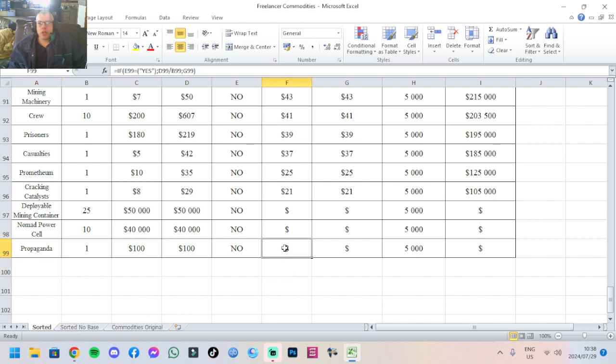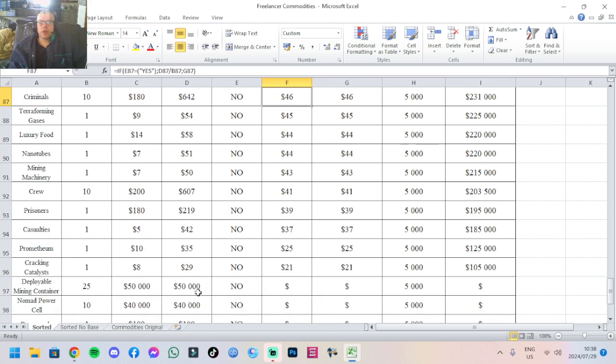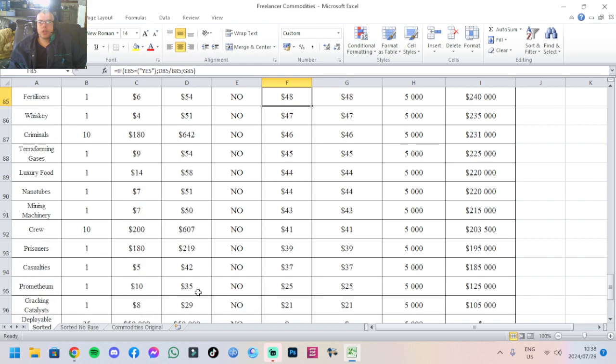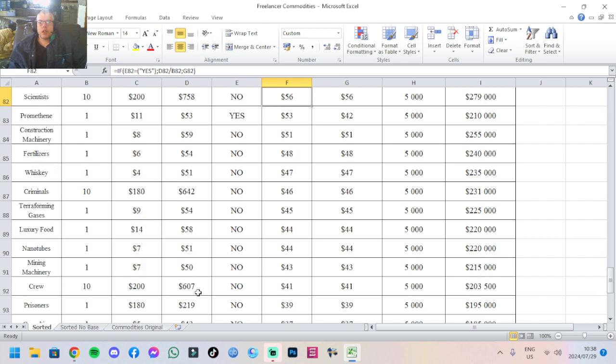We're going to be looking at this one, no longer this one. Right. So here, once again, these three are at the bottom, unless you go and shoot them and find a way to sell them. Then crackling catalysts, promethium, casualties, prisoners, crew, mining machinery, nanotubes, luxury food, terraforming gases, criminals, whiskey, fertilizers, construction machinery, promethine,